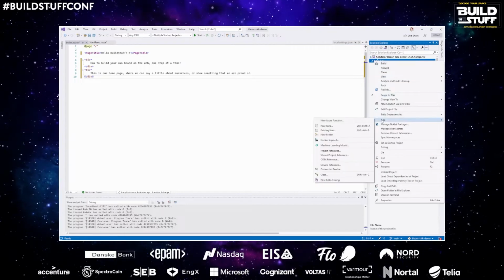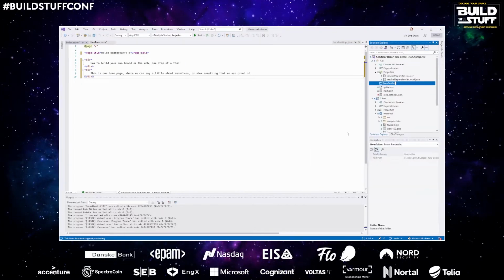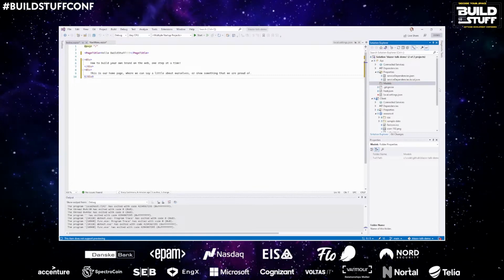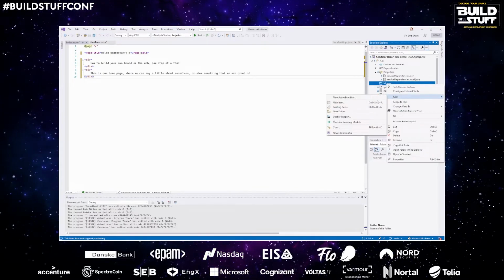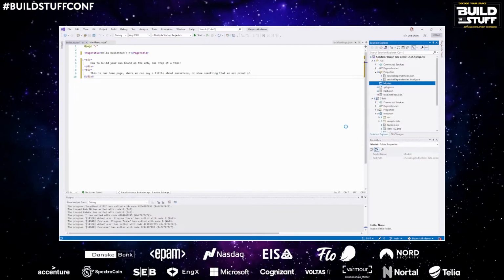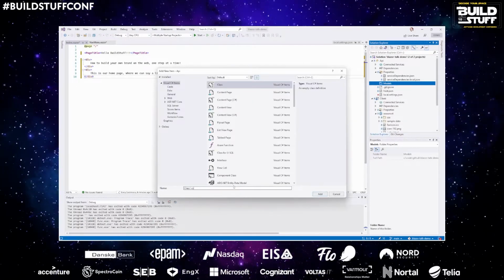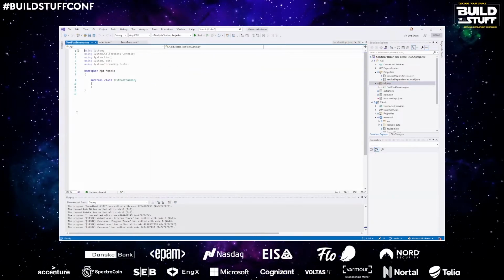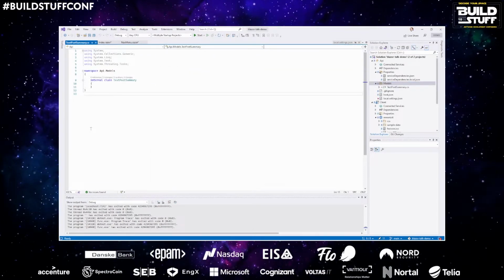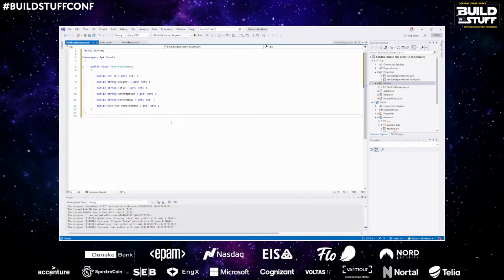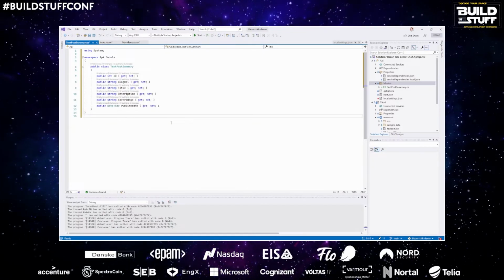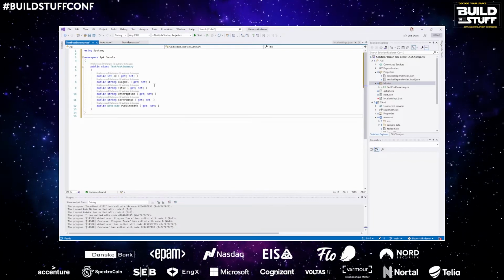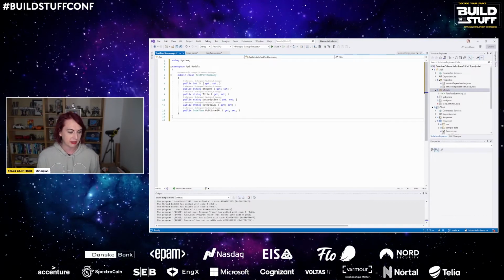So seeing as we already know that we're going to have two models in here, the first thing that we're going to be doing is adding a models folder. And we're going to add two models. The first one is a text post summary. So this is my generic text post that I'm going to be passing to the front end. Even if I have a different backend at some point, I don't want to have to update the front end. So let's get this generic model in. And we're just passing in basic information, ID, blog URL, title, description, cover image, when it was published, stuff that we might want to use in a summary context.